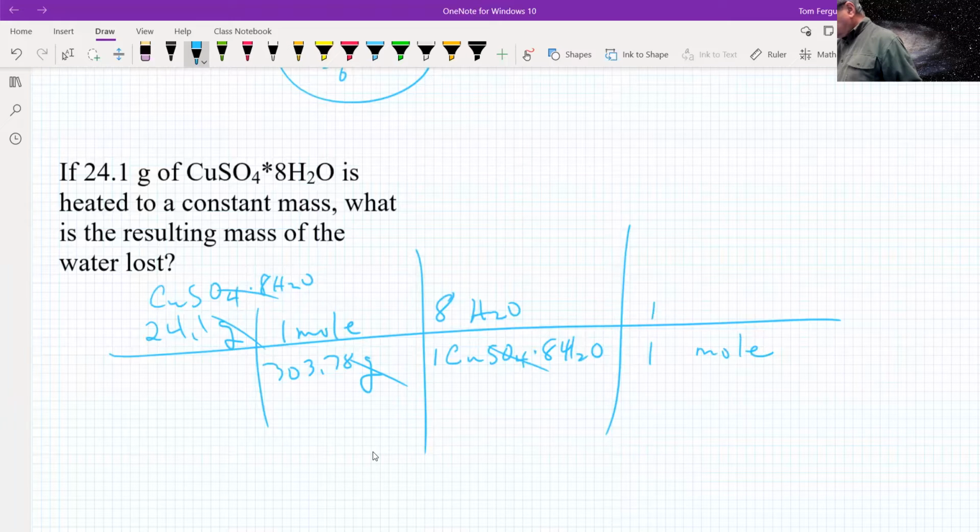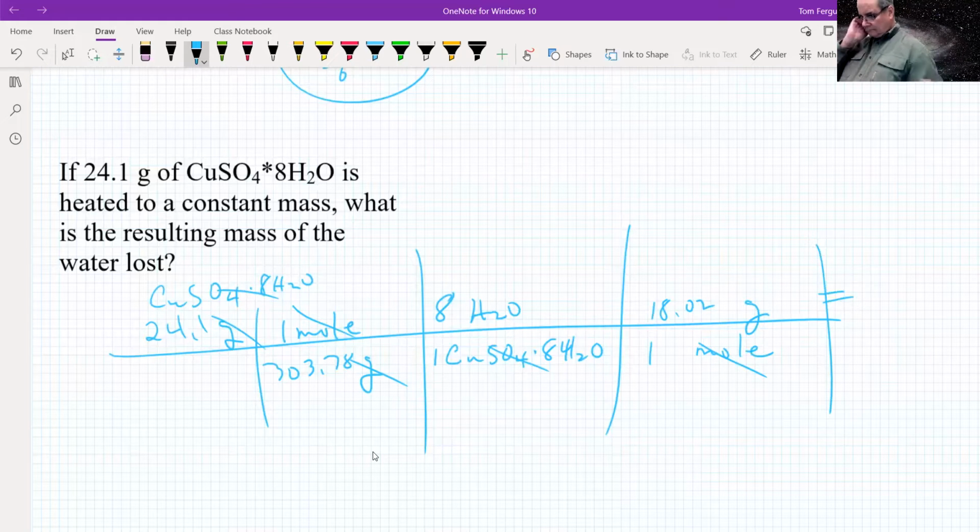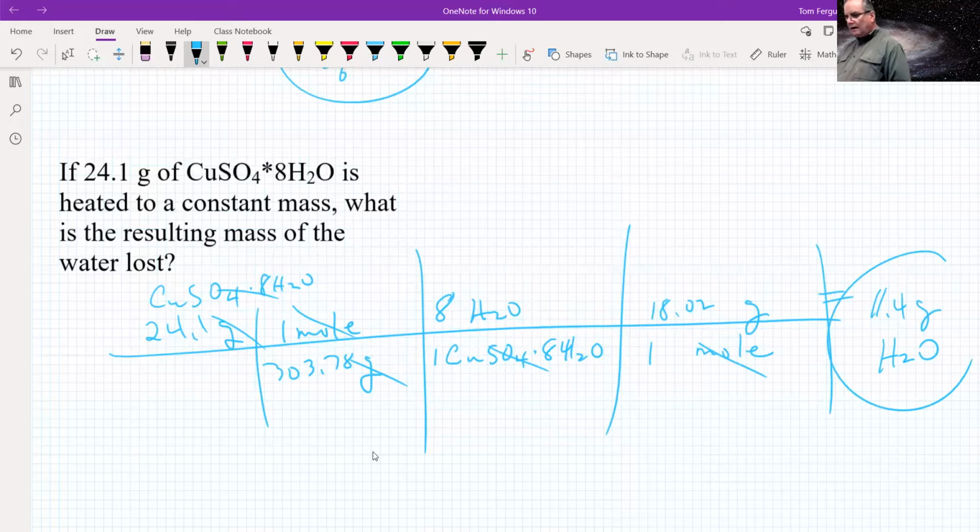So this last step is our 18.02. So we get 11.4 grams of water. We start with the 24.1 grams of